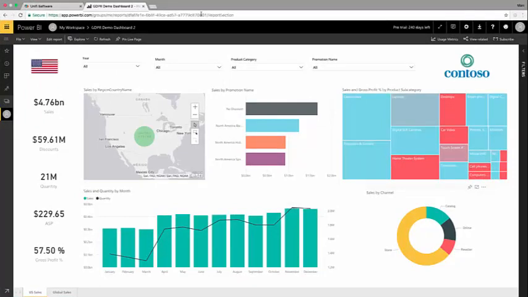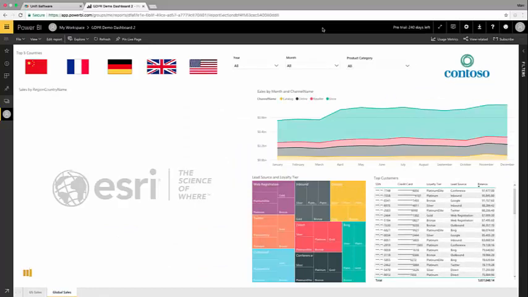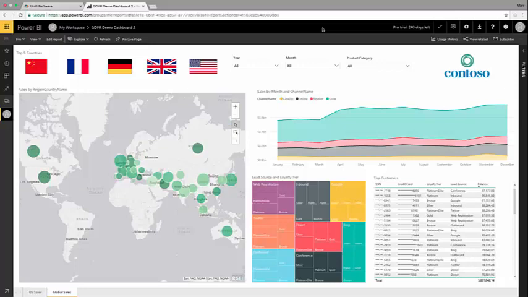What I can see now is very quickly what that has allowed me to do: pull together the first steps of an international or global dashboard. Again, very quickly, we can see the top 5 countries here. We're not just looking at the United States. We are looking at a global perspective. We can also see the various bubbles representing all of the areas where we have activity around the world. I've got a nice trend line that still includes my catalog, online, reseller, and store business over the time period.